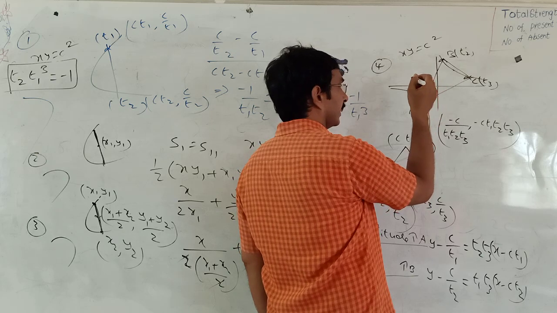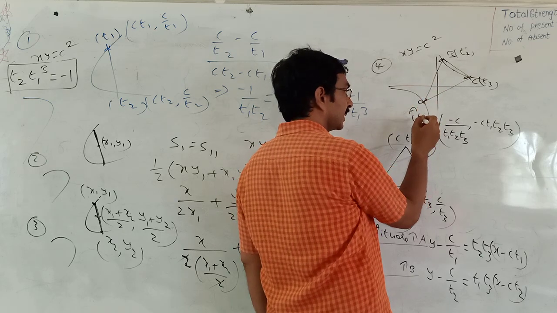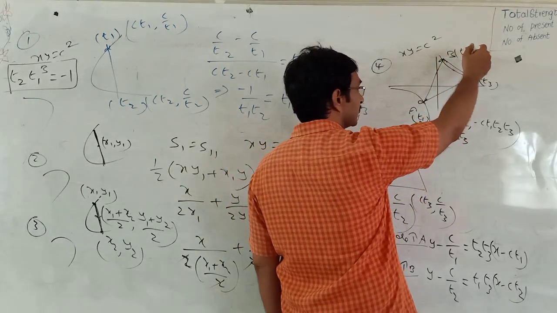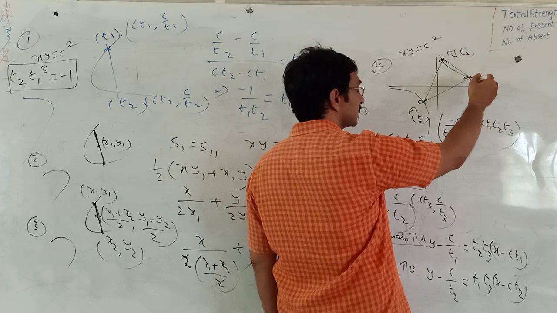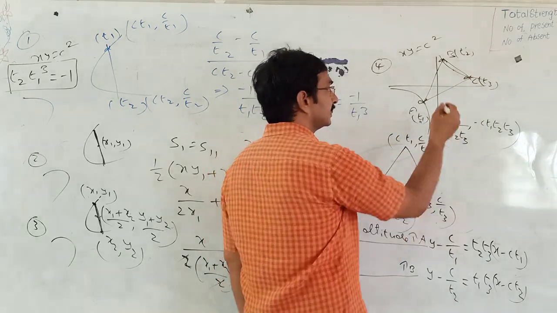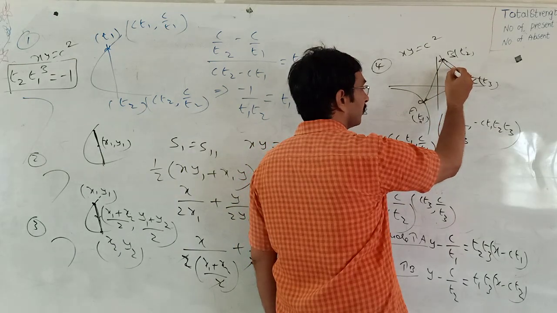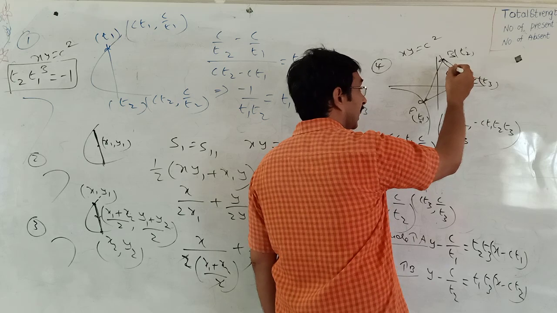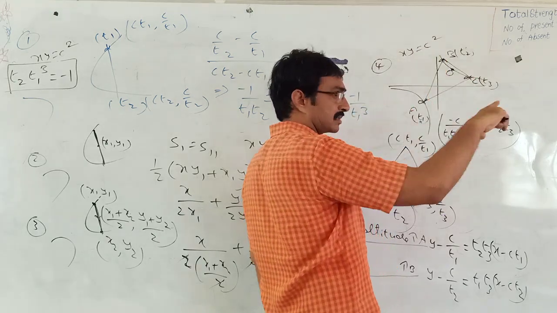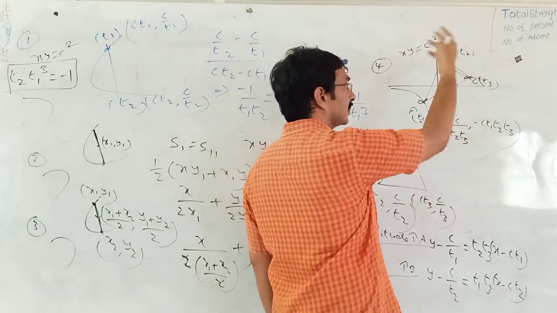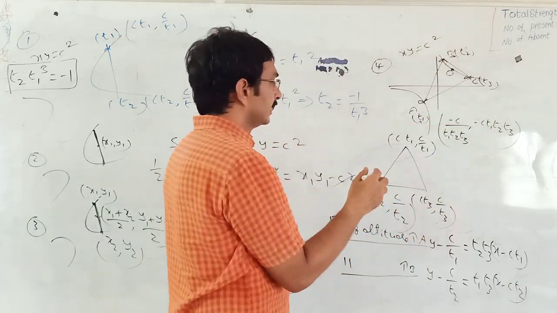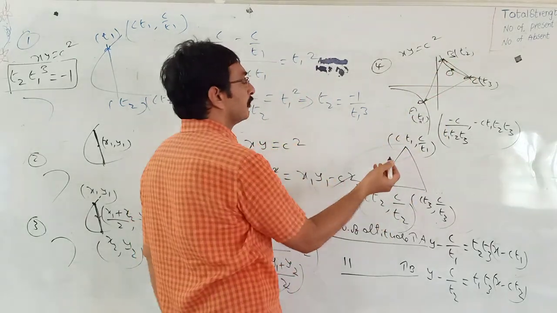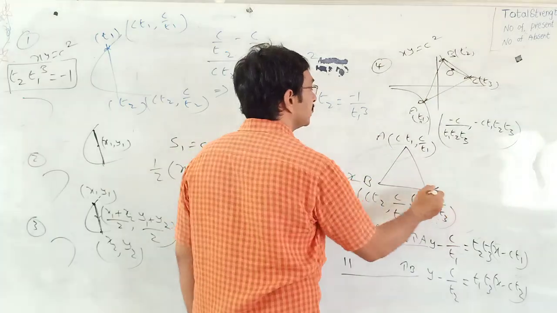The orthocenter of the triangle formed by the points T1 means C T1, C by T1; T2 means C T2, C by T2; T3 means C T3, C by T3. The orthocenter of the triangle formed by these 3 points again lies on the dash. Now the answer: xy, same curve, xy equal to c square. See the proof of this one. Clearly, 3 vertices of the triangle. The orthocenter is the point of intersection of any two altitudes.